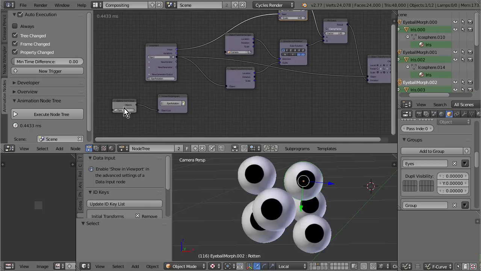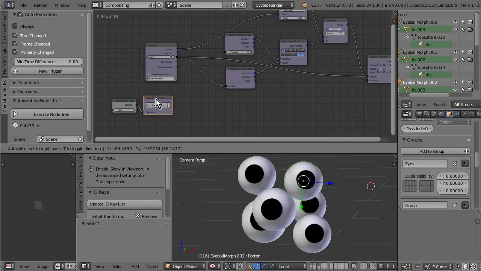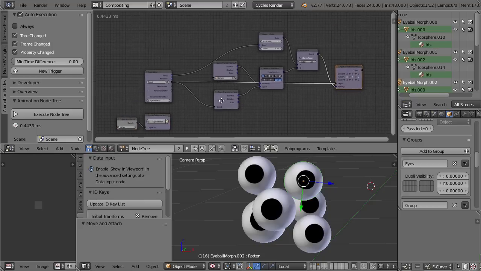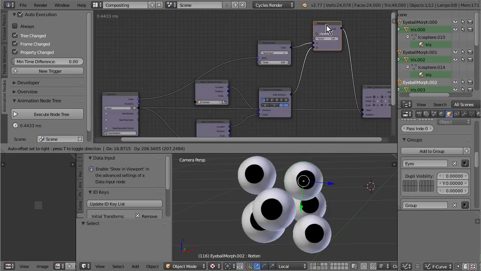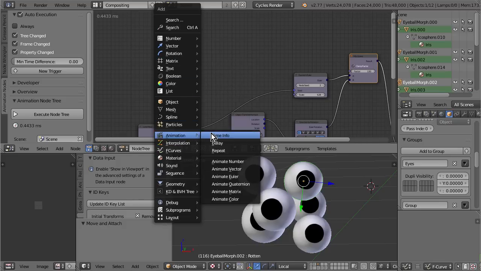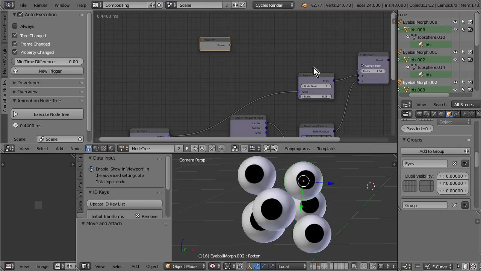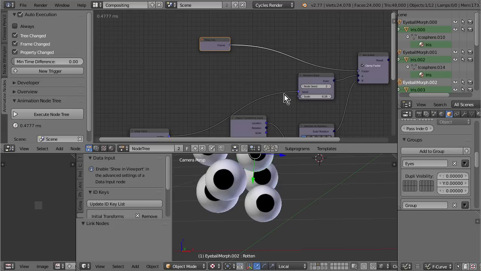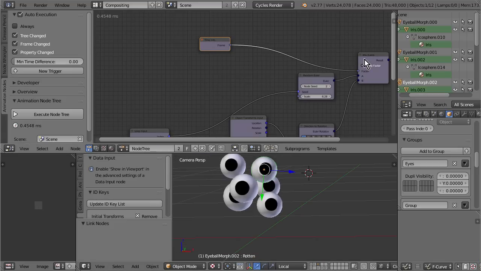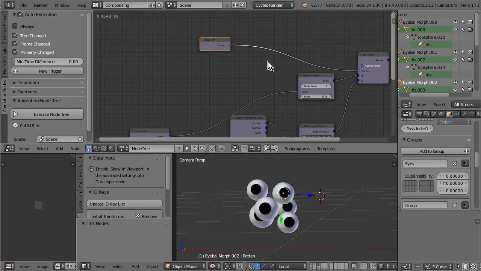Alright. One thing you may have noticed is the only node that's not pink is this one. And that means all the other nodes belong to this loop. And that's kind of important as soon as I want to introduce values that don't need to be in the group or in the loop. Alright, let's do that. Animation Time Info, which outputs the current frame. If I use this as a factor, of course it's going to be 1 from the beginning. This is 0, so the factor is 0, and this is 1, so it's already at full track to rotation, let's call it that way.